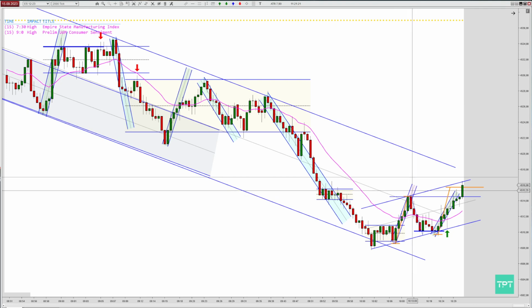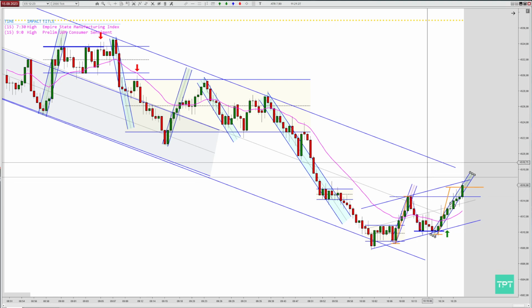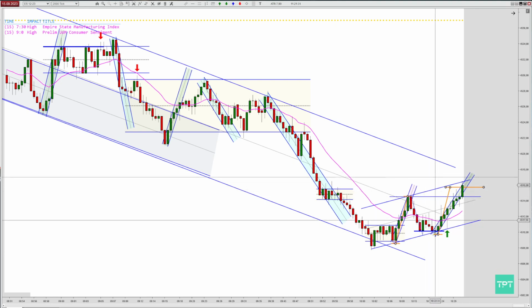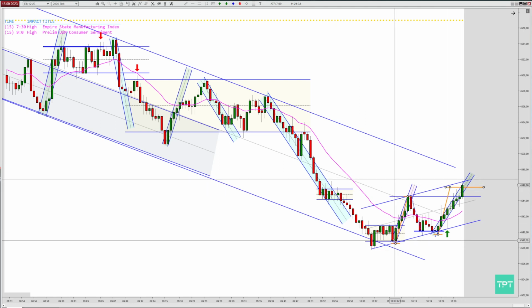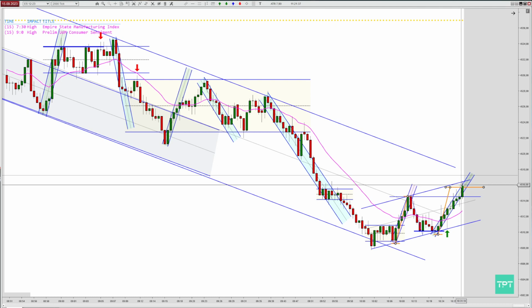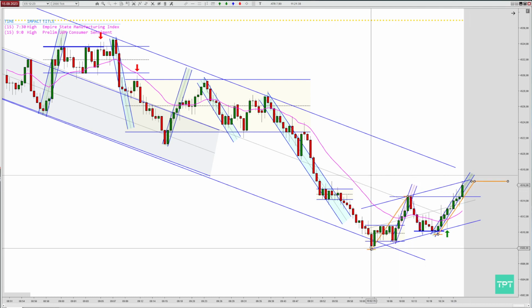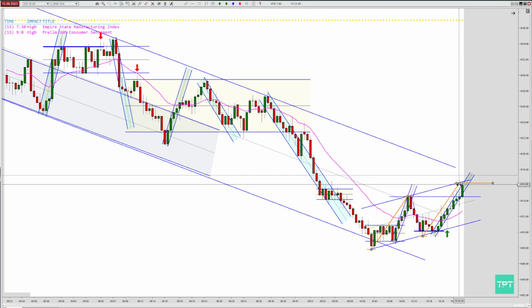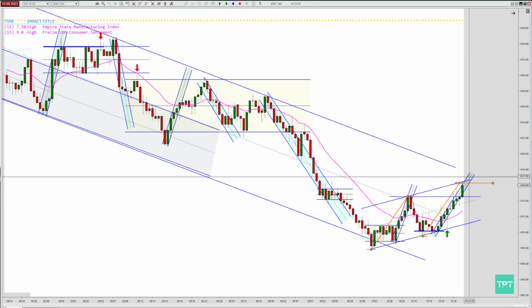So this channel here played out, and we move forward with this channel that we have here. Also, look at this. We hit our measured move. This was the first leg up, pullback, second leg up. So we almost hit it to the tick. If you want to count this as the first leg, then this is pretty much to the tick exactly. So these are 2 legs higher,